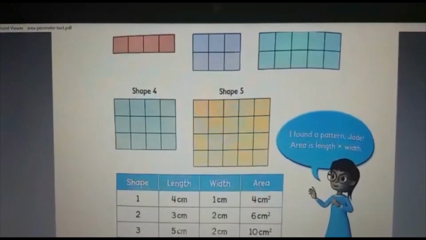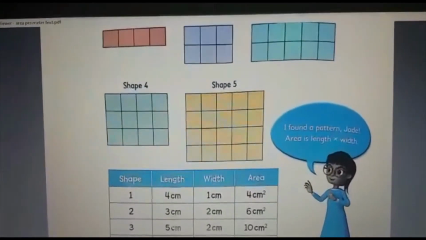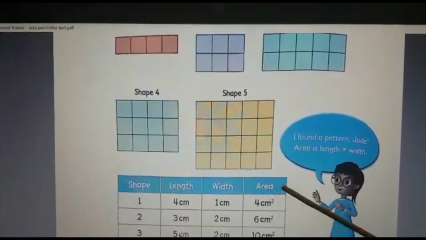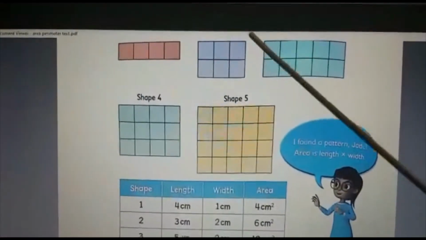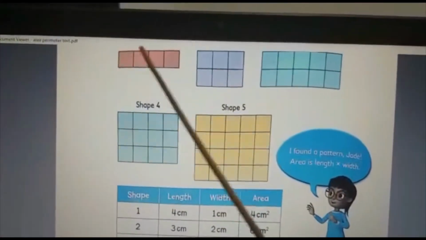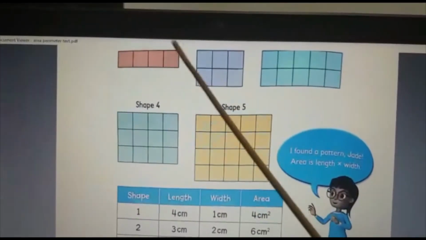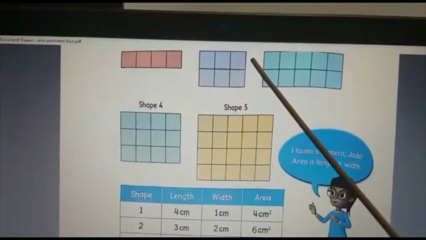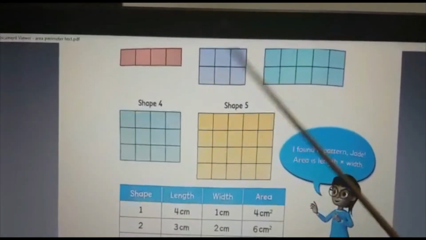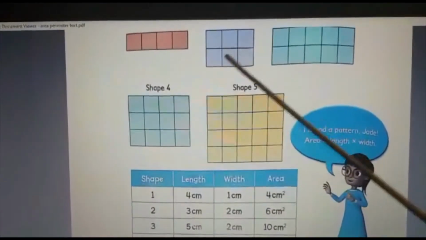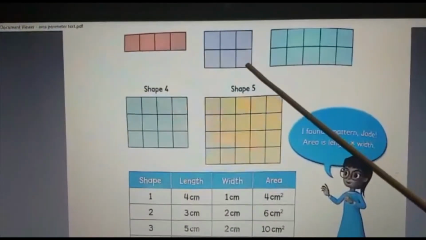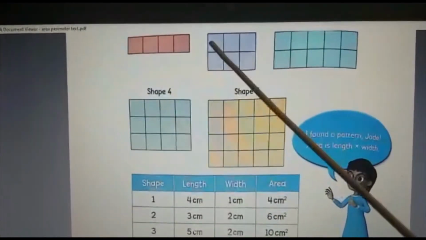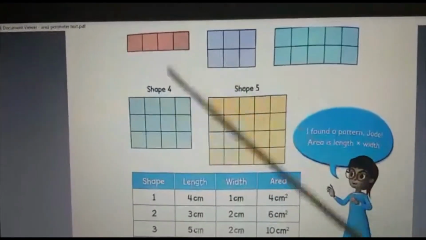So always keep in your mind, when we come to area, it will always be square. Don't forget to put square, centimeter square or meter square, depending upon the question. So either you can do like this or just count the number of grids. Okay. So here, what is the length? Length means the long one. 1, 2, 3. See, length is 3 centimeter, and what about width? Width is 1, 2. Is it? 2 centimeters. When we multiply, we need to take only this and this. No need to count like perimeter.